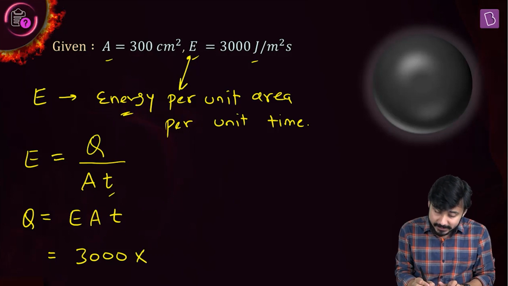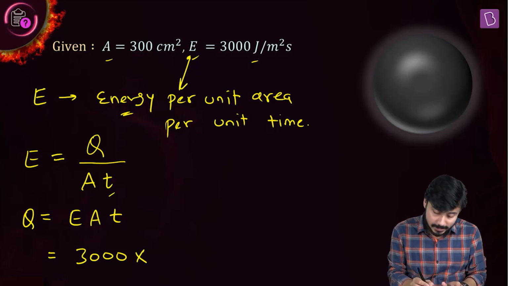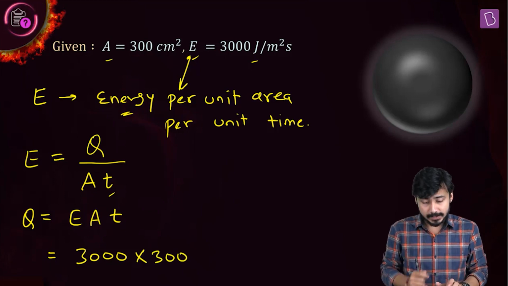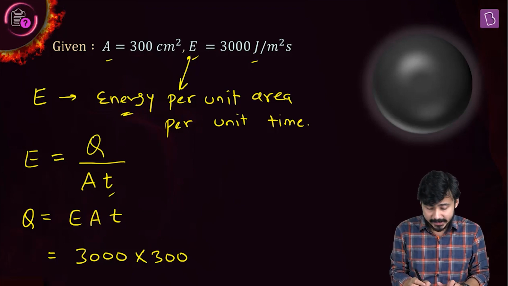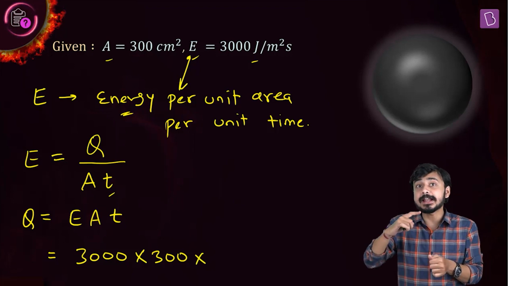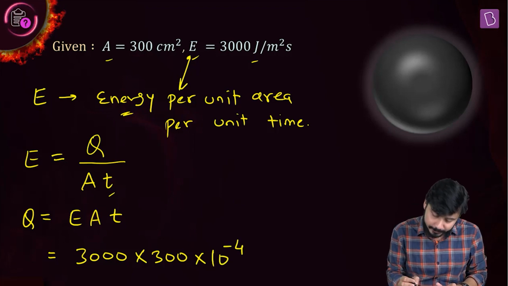So area, which is 300 centimeter square, you should convert into meter square. That's 300 multiplied by 1 centimeter square. That's 1 centimeter square is 10 raised to power minus 4 meter square, right? So that's 10 raised to power minus 4 meter square